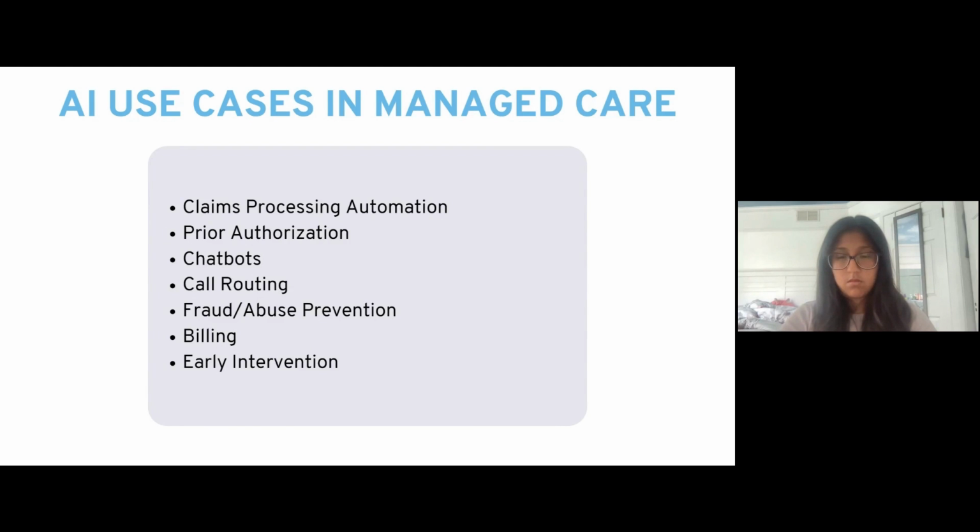So if you look at high volume transactions, these two processes, claims processing and prior authorization, represent a significant amount of transactional volume that comes into the managed care health plans. So health plans are always looking at how do we reduce the amount of administrative burden that's required to process these, right? If you look at every dollar that's spent in the United States healthcare industry today, about 89 to 90 cents goes towards medical costs and 10 cents goes towards administrative costs.